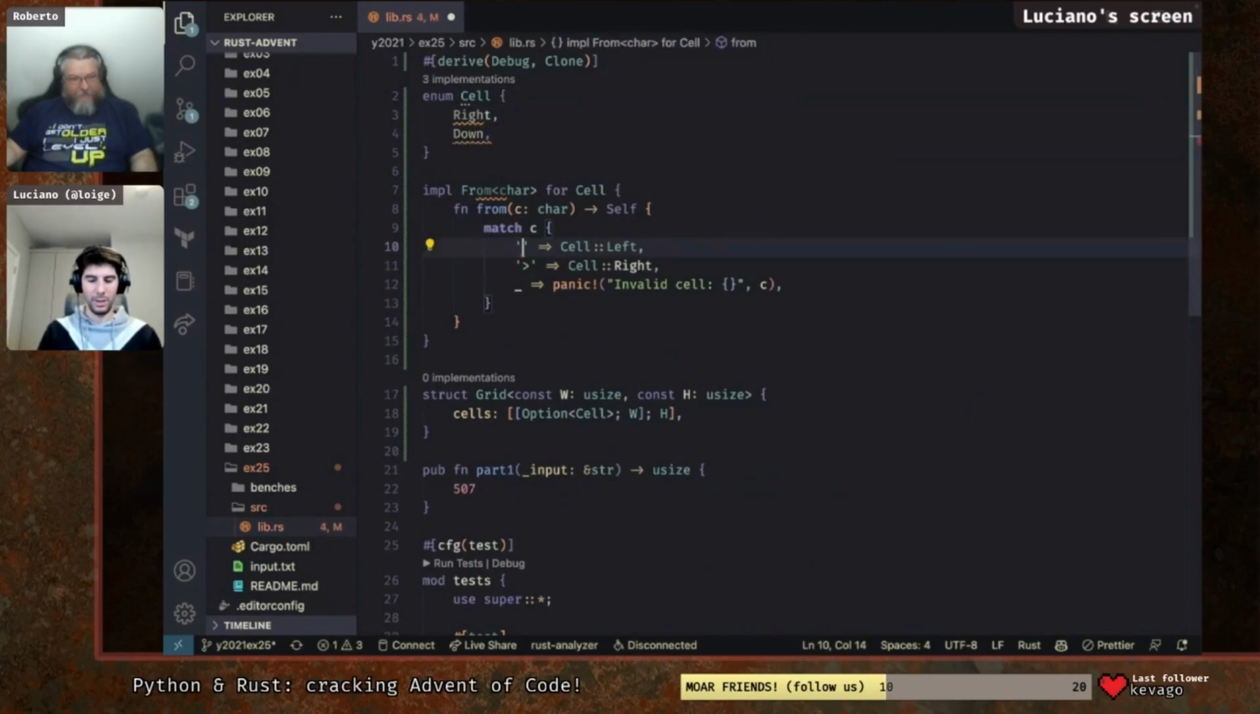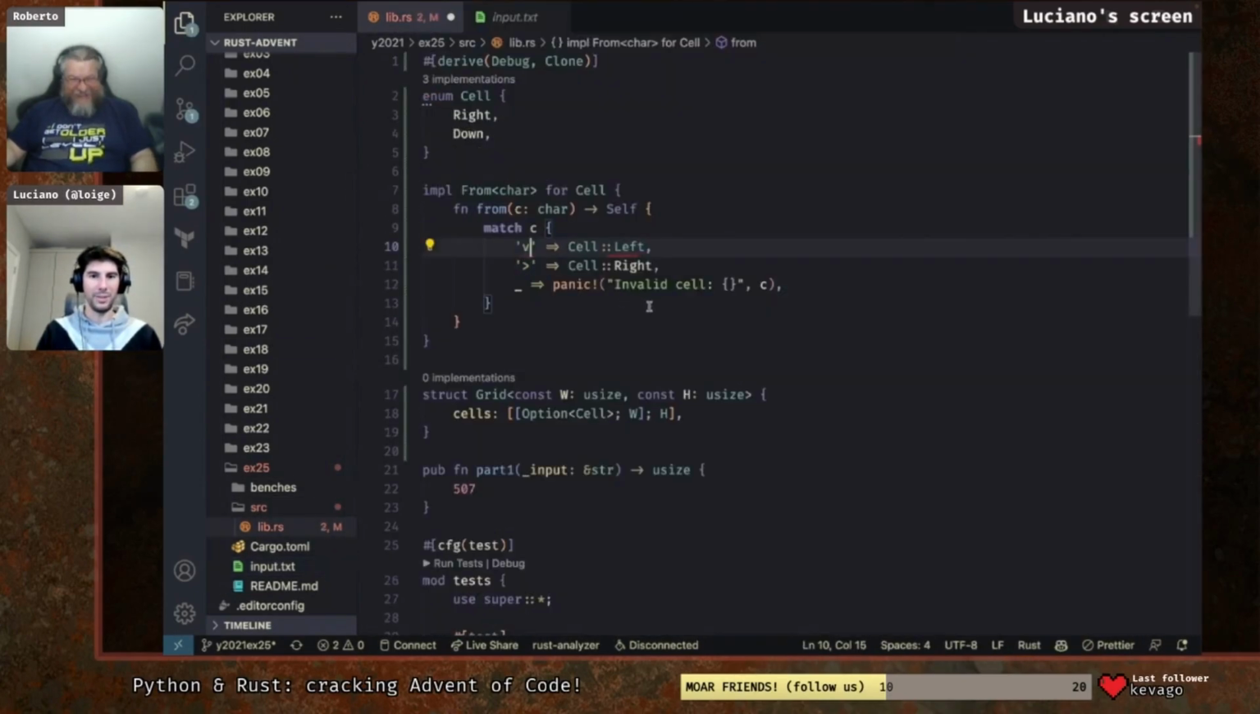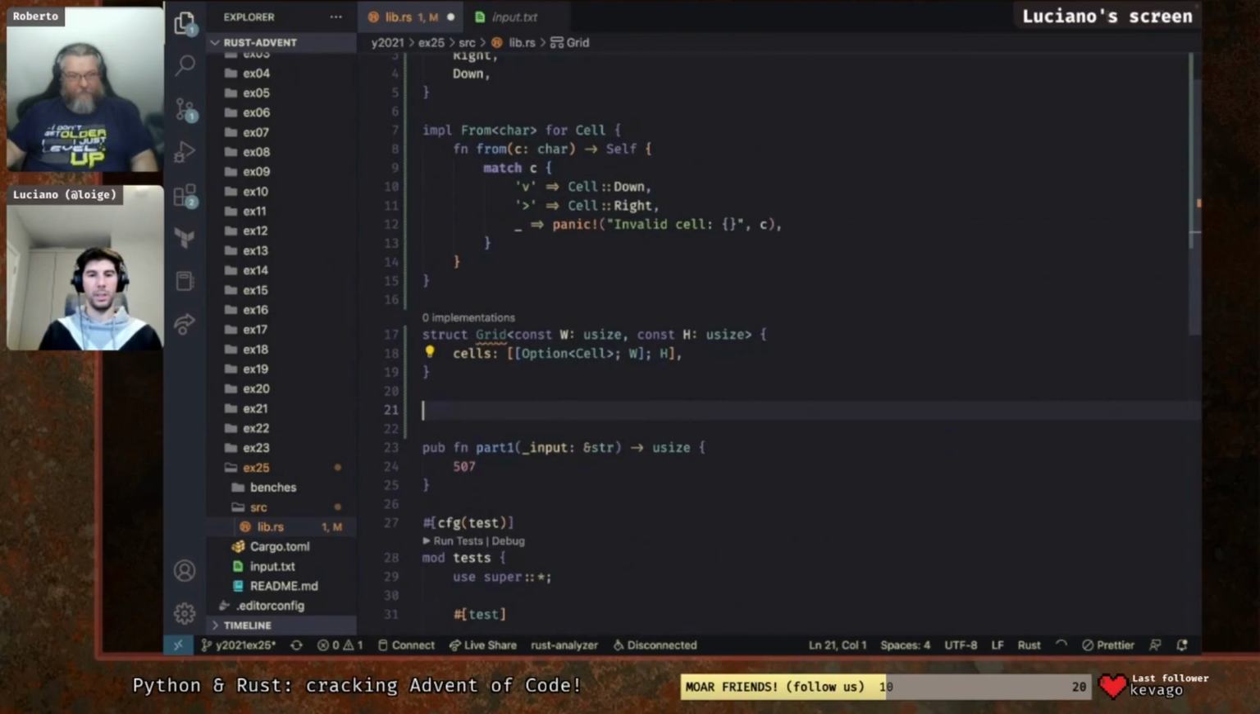Actually, let me do it. How do you do the arrow down? I'm just going to copy it from here. It's a V. It's not an arrow down. It's just a V, right? Good catch. So this is down and the other one is right, and then it's just going to panic. And Copilot is helping us a lot there. Then what we want to do is